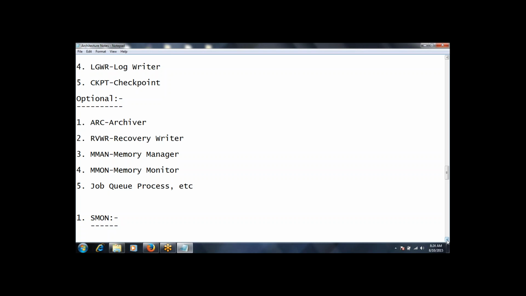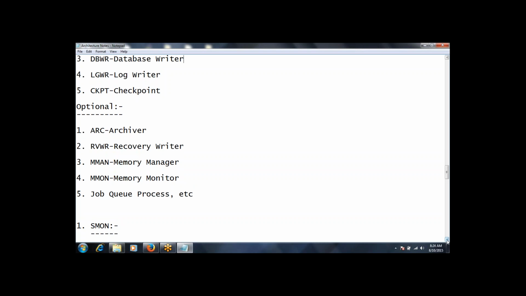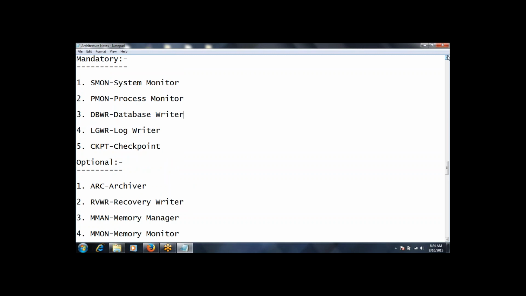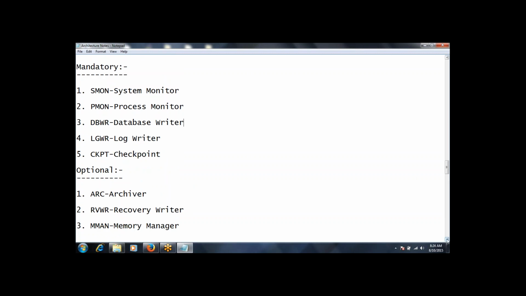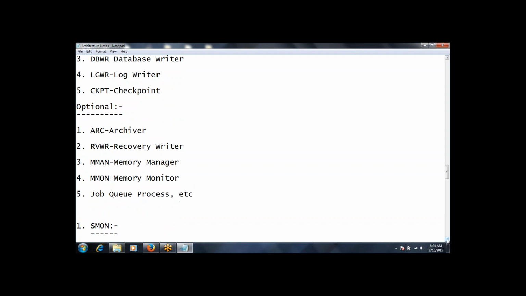MMON, memory monitor, job queue process, like this, there are many. We cannot remember all of them, there are more than 100. So just try to remember these five mandatory ones and some of these.